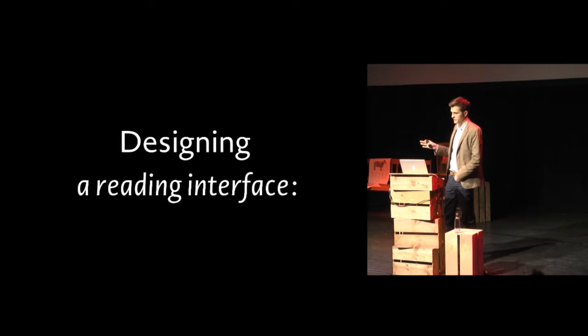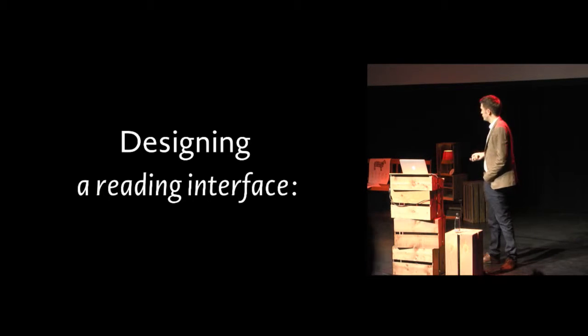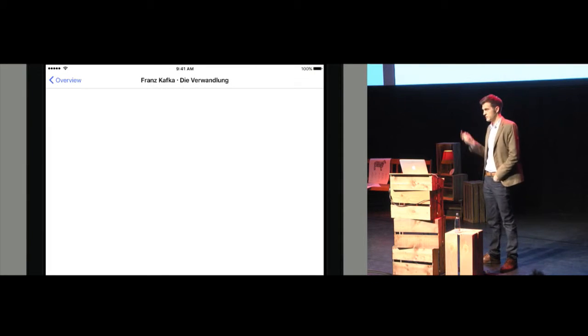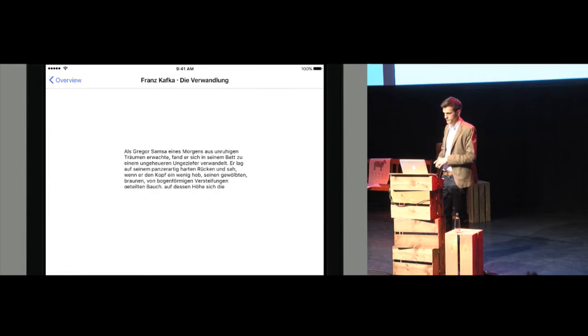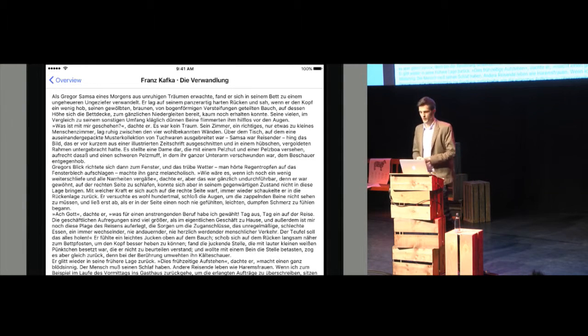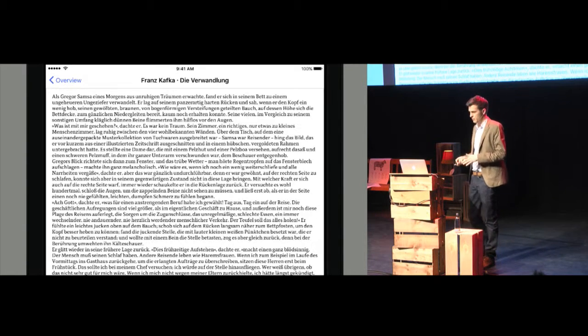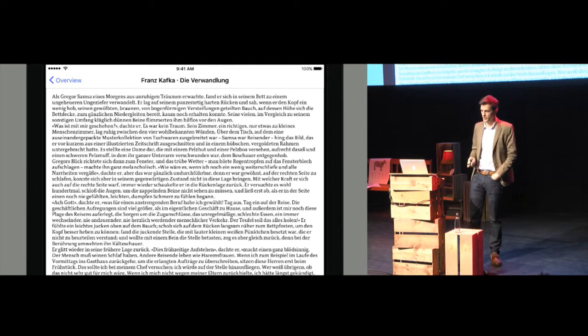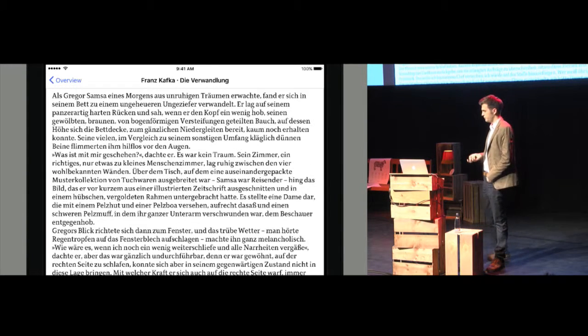Let me just walk you through an example. Let's design a reading interface here. Only takes a few minutes and a few years of practice, but let's get started. We jump right into Xcode because it's not that hard, right? So open Xcode, put in a UI text view, make it full screen, and that's how easy it is. Then you're done. Not really. So now let's tweak this a little bit. Maybe we can improve it by using a different typeface. Serif typefaces are comfortable for reading. The font choice always comes first because all the other text settings depend on it.